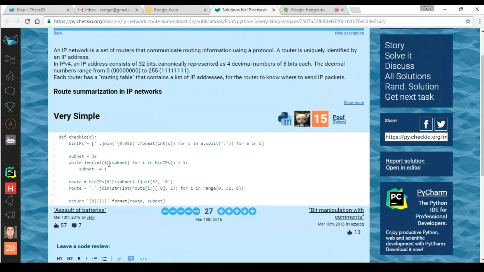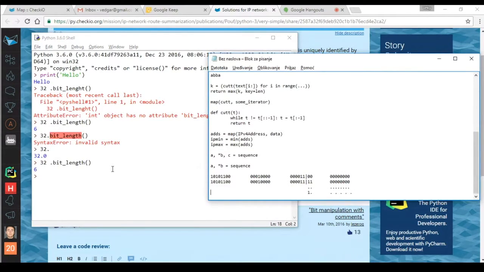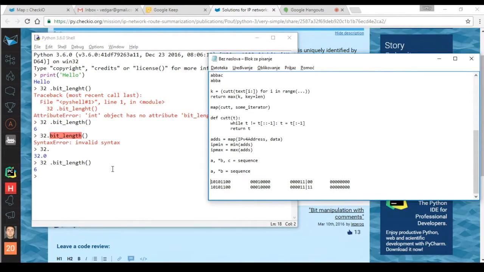it has, let's say, so len of set is more than 1. That means that there is more than one genuinely different prefix. You subtract 1 from subnet. So you just try to say, in this case subnet is 32, and then you try to form a set with this and this, of course,